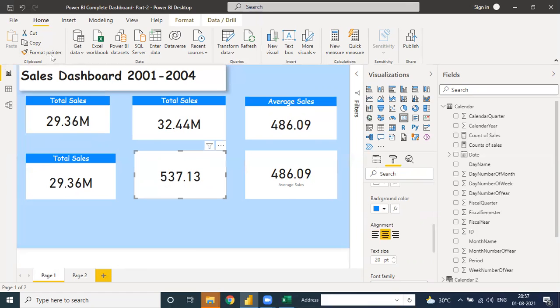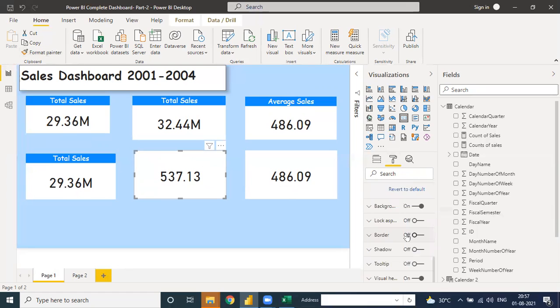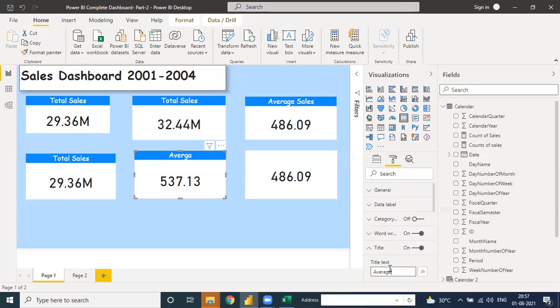You can go to format painter. So here is the total sales. This one is total average sales. Okay. Average sales. It will save your time many times. And this is also an average sale.